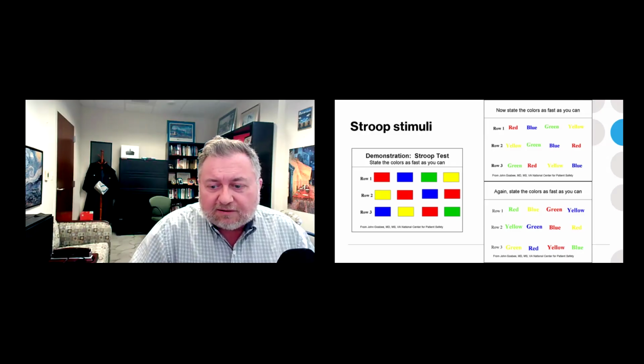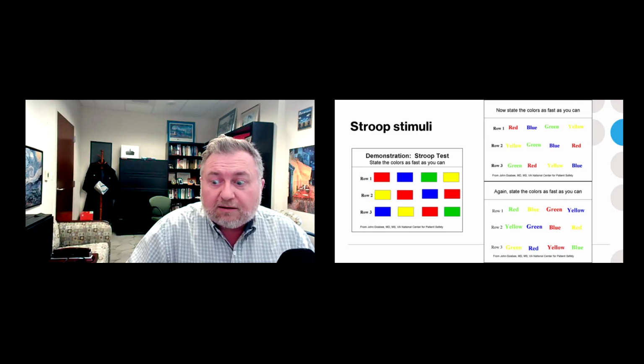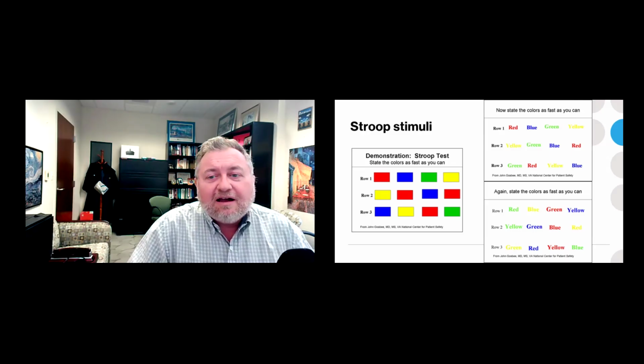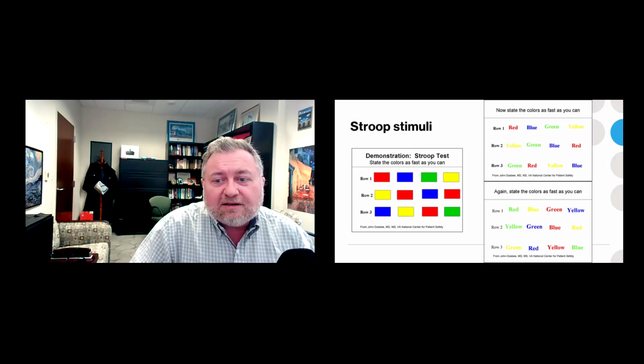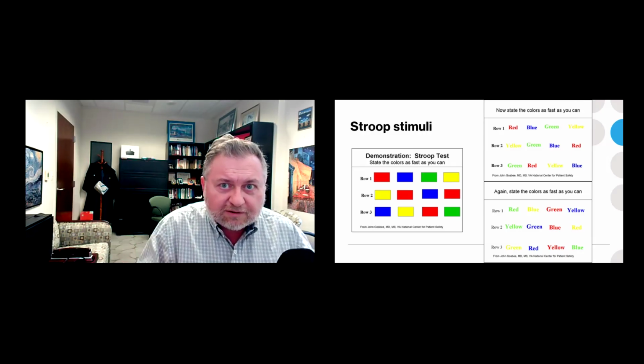But now consider the incongruent one, the bottom right here. Now again, row one, I have to say green, yellow, red, blue. And then I have to say green, blue, red, yellow, and yellow, blue, red, green. It's hard, right? What has to happen here is that that automatic act of reading is intruding. It's going to happen. It's mandatory.